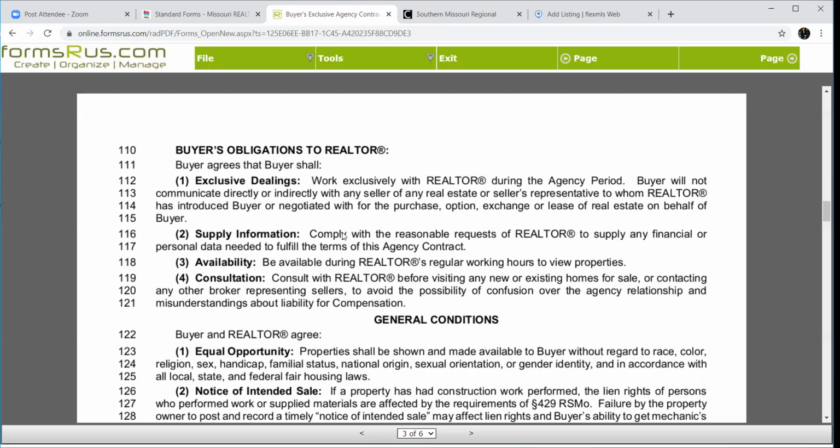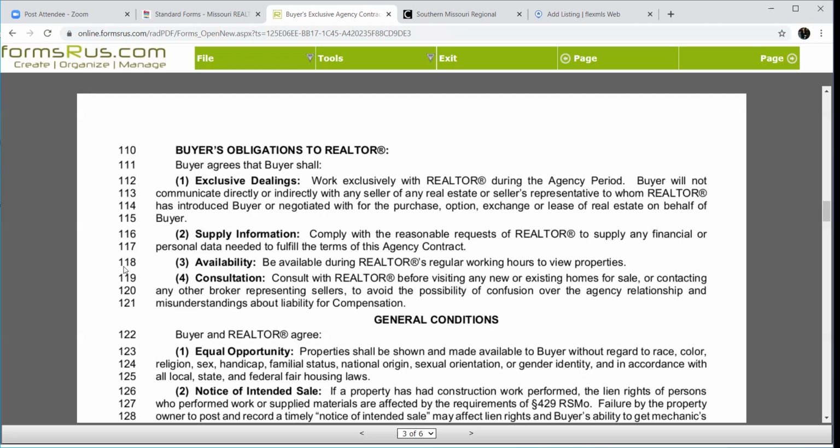During this process, we're going to have to figure out how we're going to pay for this house. If you're paying cash, that's great. We need to make sure we've got that information in place. If you're getting financed, there are going to be things that the lender's going to want from you. And we need to provide those in a timely fashion to make sure that we are able to have a full approved finance whenever we make our offer on this property. So make sure when you're asked for information that you supply it.